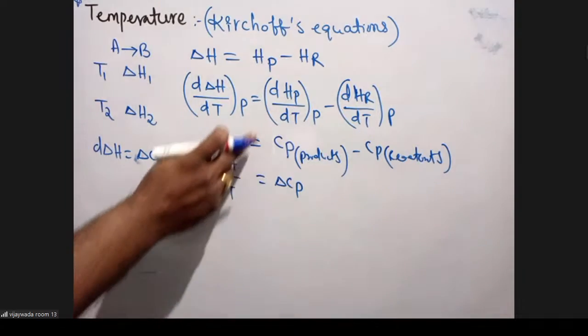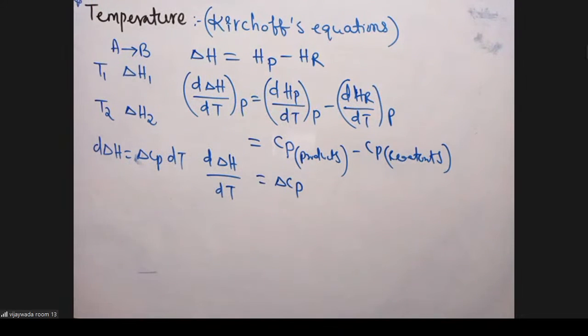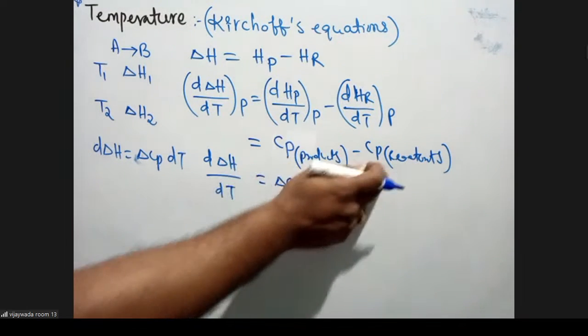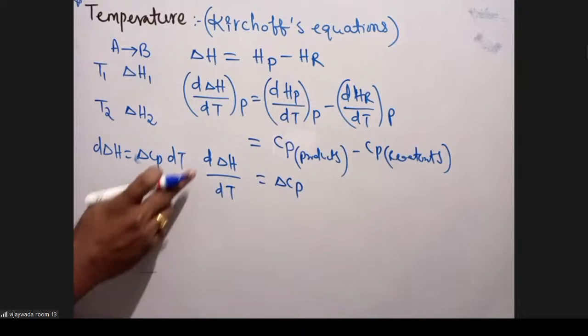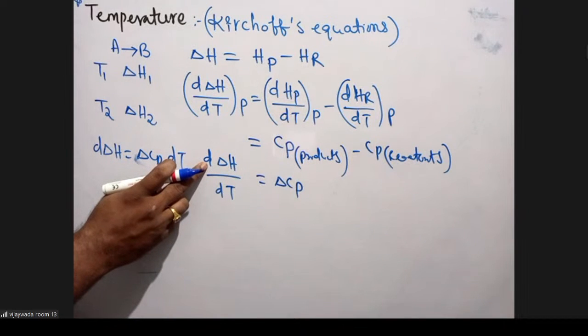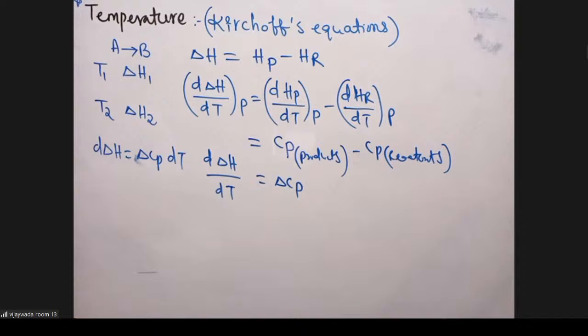Students, listen carefully. dH by dT at constant pressure is called Cp, the molar heat capacity at constant pressure. Cp of products minus Cp of reactants is delta Cp, the change in molar heat capacity at constant pressure. Then d(delta H) equals delta Cp dT. Just integrate this equation from delta H1 to delta H2,